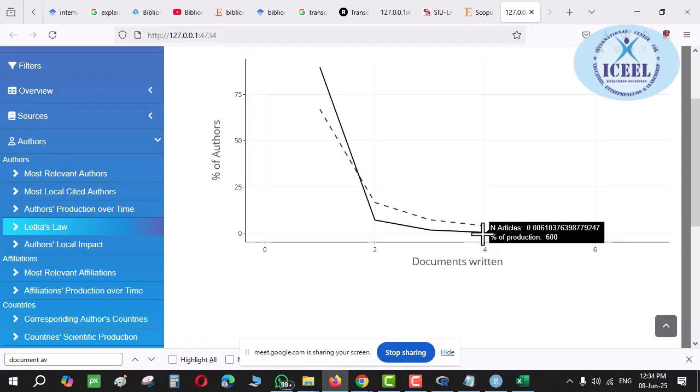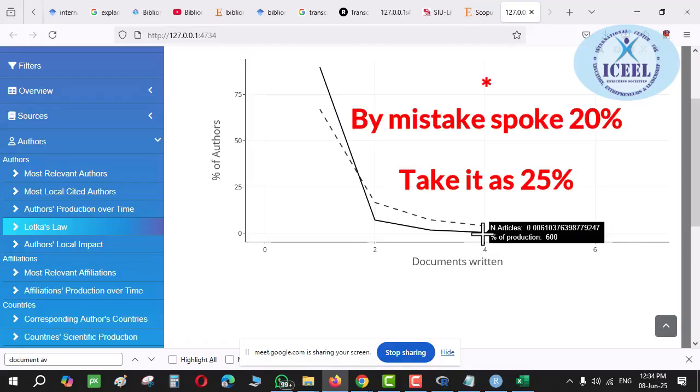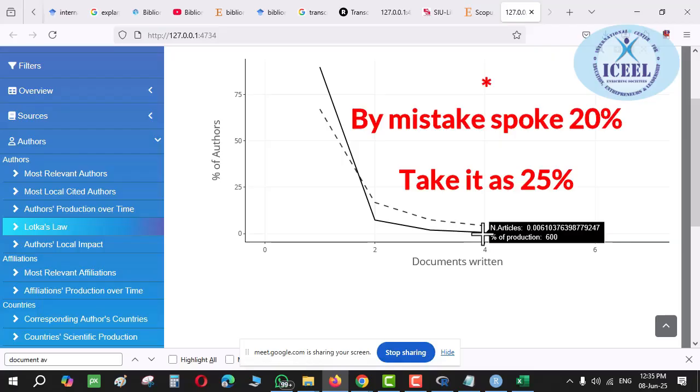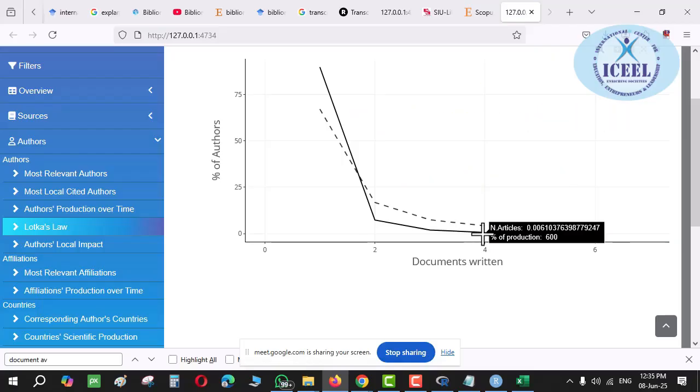For example, if 60% of authors in a research area publish one article, let's say among all of us, out of 10, 12, 15 or whatever, 60% of authors are publishing in one particular area only. Then about 20%, that is 1/2 to the power 2, 2 squared, that is 1/4. 20% of the authors would be expected to publish 2 articles, and about 11%, that is 1/3 squared, 3 into 3, that is 9, means 1/9. How much is it? 1/9 is approximately 11% would be publishing 3 articles.